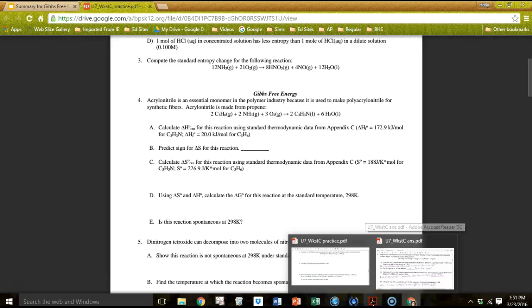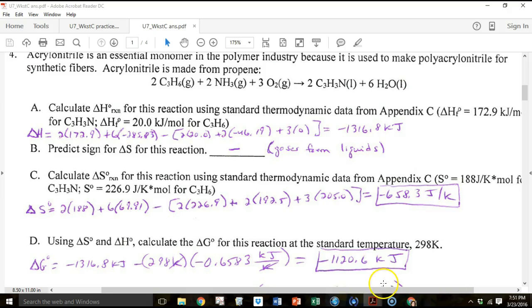All right, so I'm going to assume that you kept yourself honest and actually did the calculation yourself. So these are what the delta H numbers would look like. It comes out to negative 1,316.8 kilojoules. We're going to predict the sign for delta S, and if you look at the fact that we